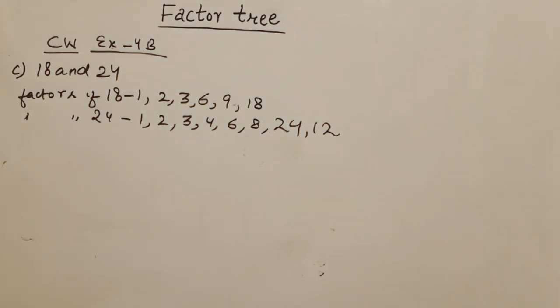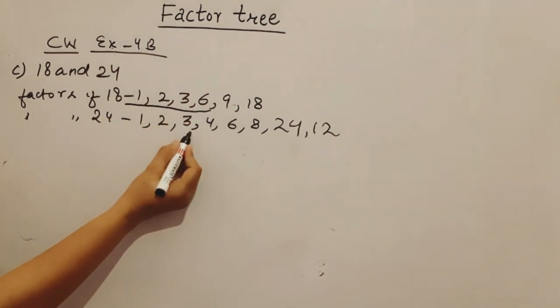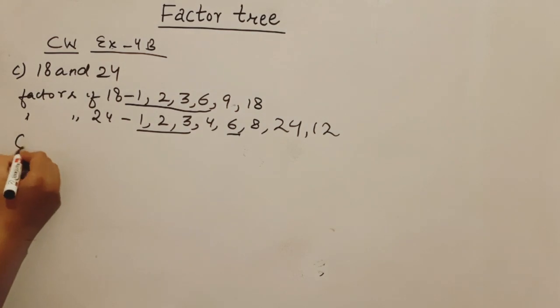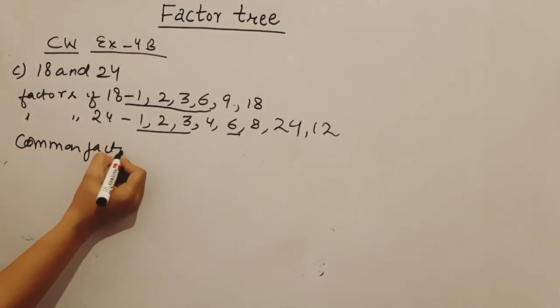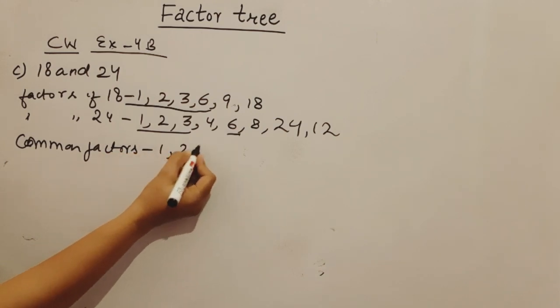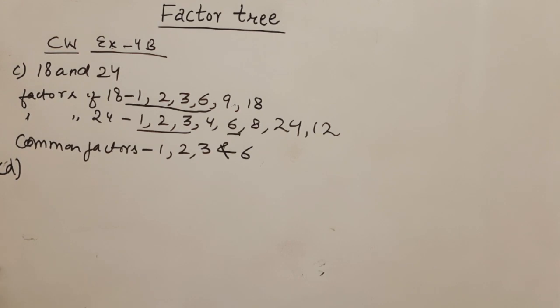Now we have to check for the common factors. 1, 2, 3, 6. As I can see that 1, 2, 3, 6 ये आपके common factors है क्योंकि ये इसमें भी हैं और इसमें भी हैं. So the common factors are 1, 2, 3 and 6. Now the last option of this exercise, काफ़ी छोटी exercises books में दी हैं. आपकी जो इससे पहले बुक थी उसमें काफ़ी बड़ी बड़ी exercises दी होती थी.